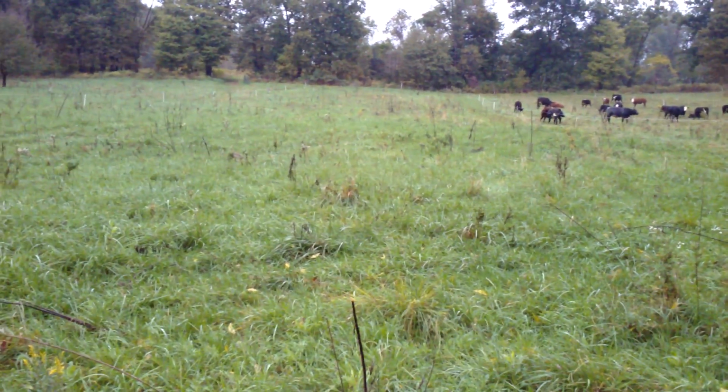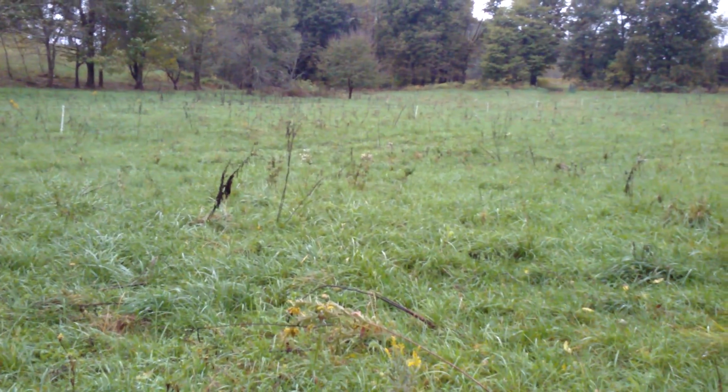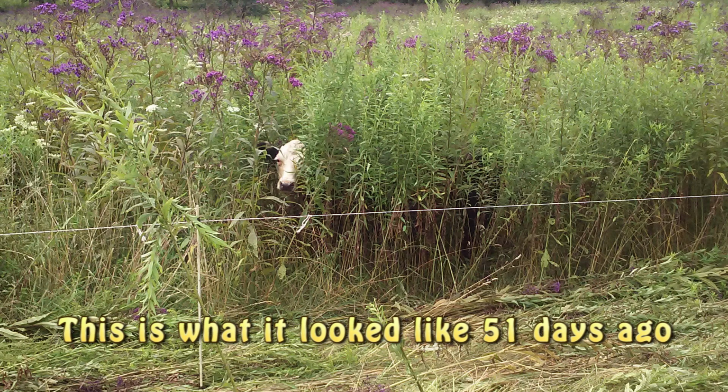So I just wanted to share that with you. I'm really happy with what the dragging has done. Like I said, if I wouldn't have dragged, the weeds, the ironweed and the goldenrod, would have taken this over, and no solar energy could get down to the grass because it's blocked out by those weeds. So by dragging,